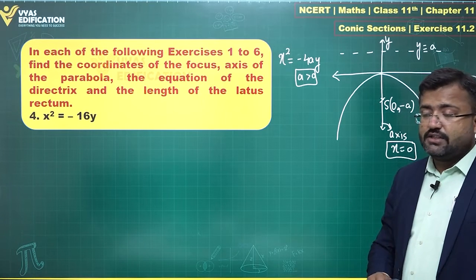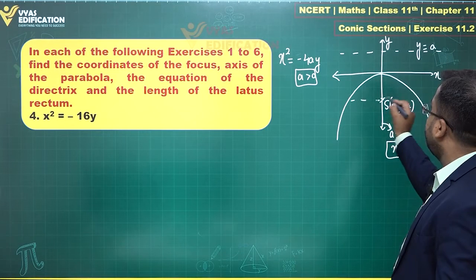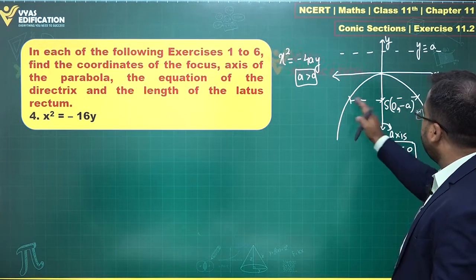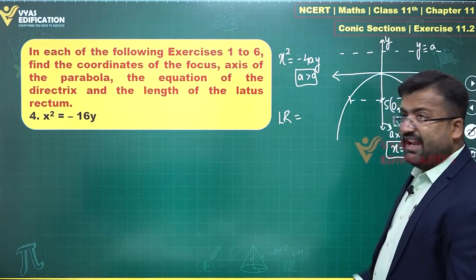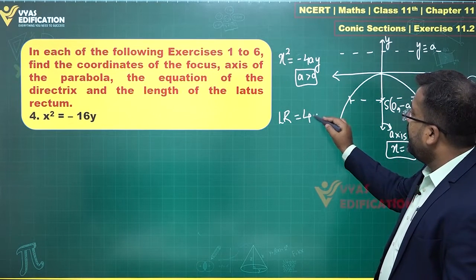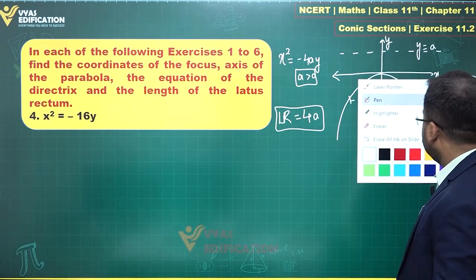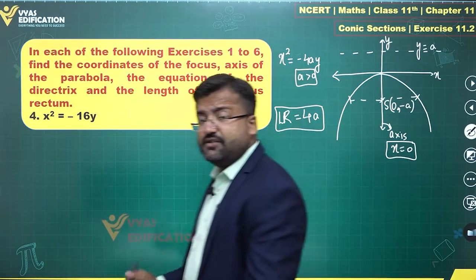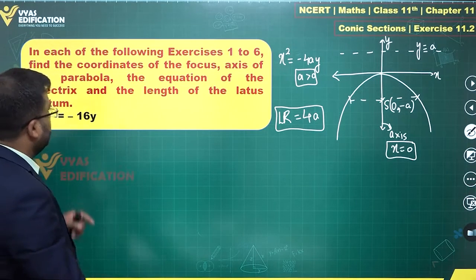And what else? One more thing that is required is length of lattice rectum. So length of lattice rectum, this will be the lattice rectum from here to here. The length of lattice rectum will be denoted by LR, which is equal to 4a over here. This is the length of lattice rectum, right? So once you are aware of all of these things, with respect to that particular standard parabola, we can solve